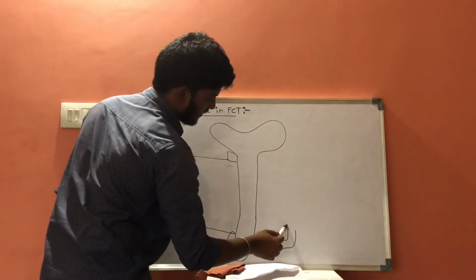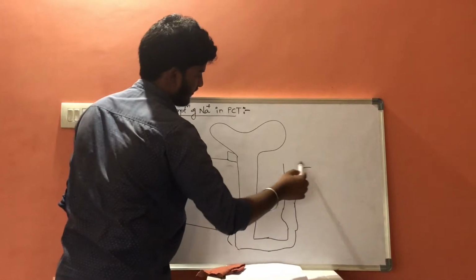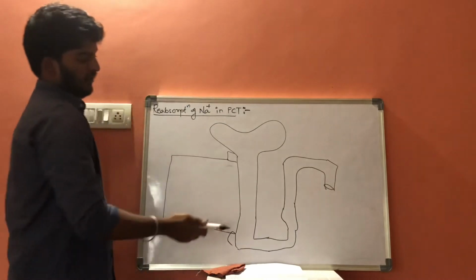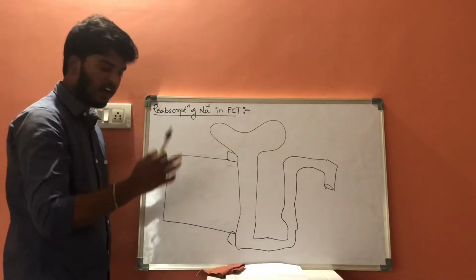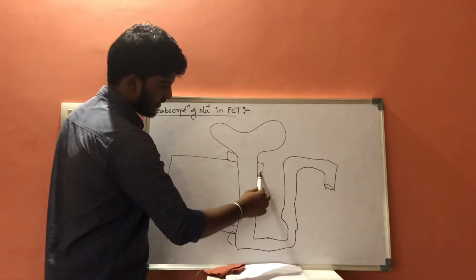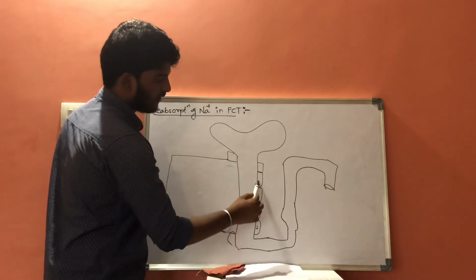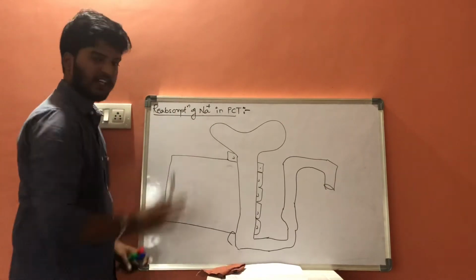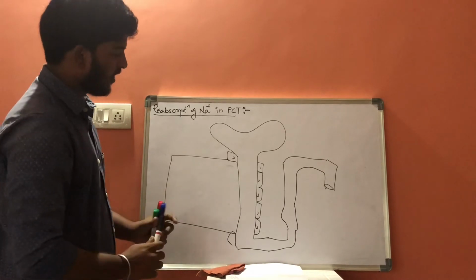Let us elongate one cell. Let us consider this is a nephron and this is one cell of PCT. As it is made up of different kinds of cells, I have taken one large cell from that of PCT. So now